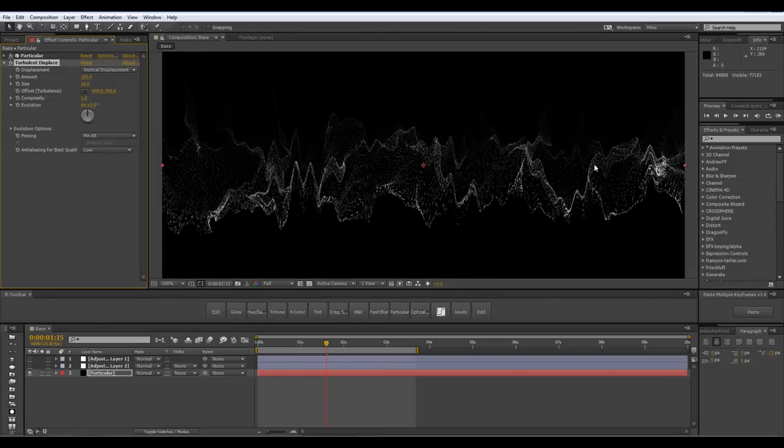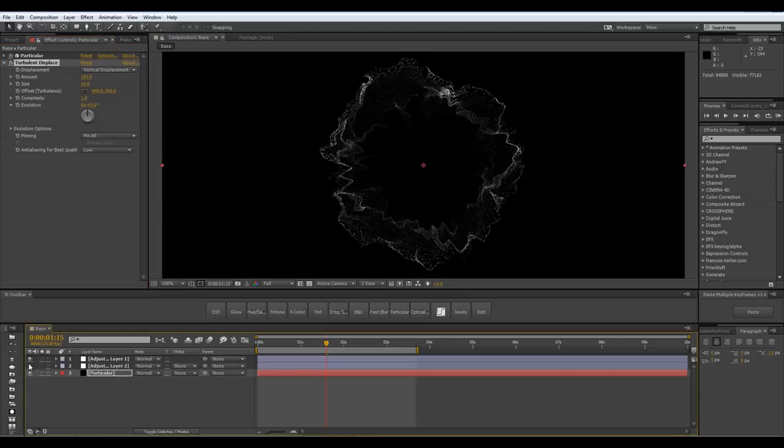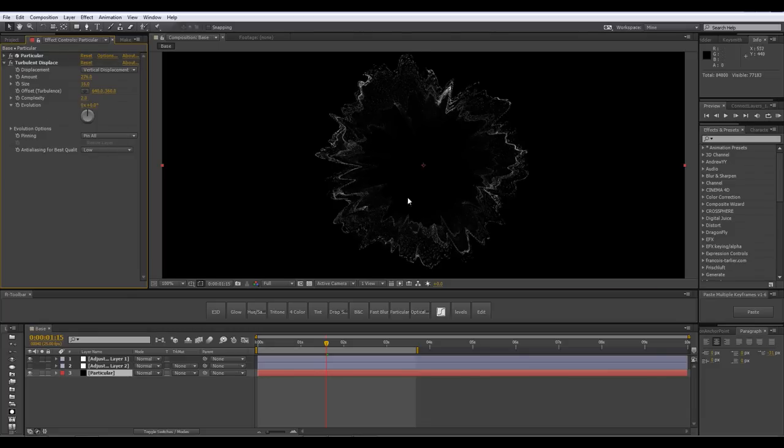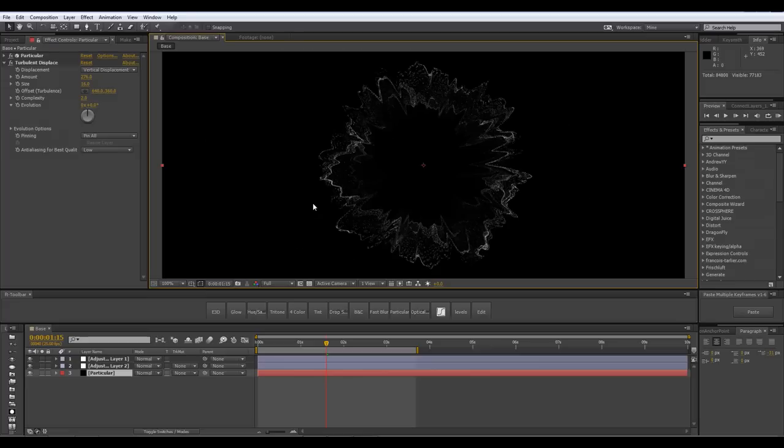You can see what it does to our particles, and when turning back on our polar coordinates, you can see how it actually affects our whole look very nicely by creating this very organic distortion. You can also increase the complexity to have some more detail, and of course that's another tool to create variation